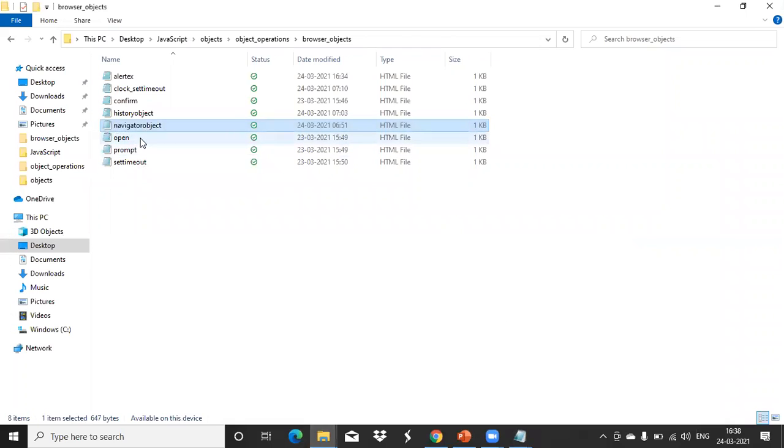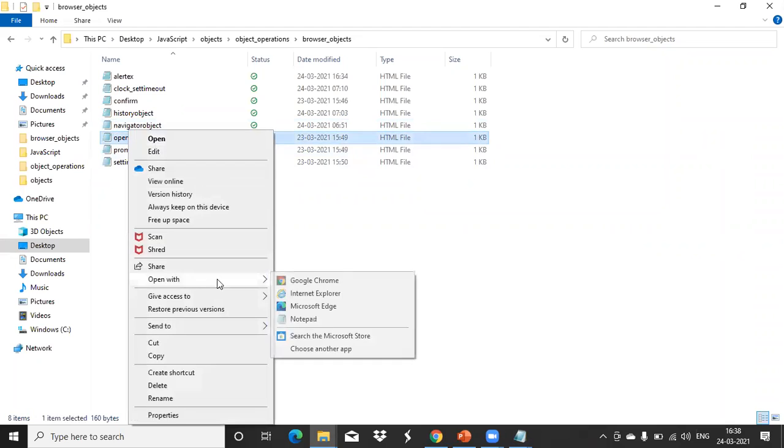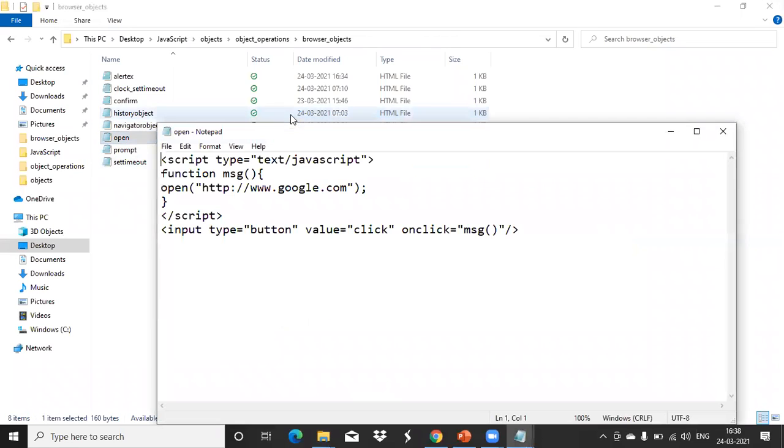Okay. We have the open function. See here, we have a button, click. On click, it is calling the MSG function. In that, the function open is used and we have given a URL. We are telling that when I click on that button, this page should be opened.